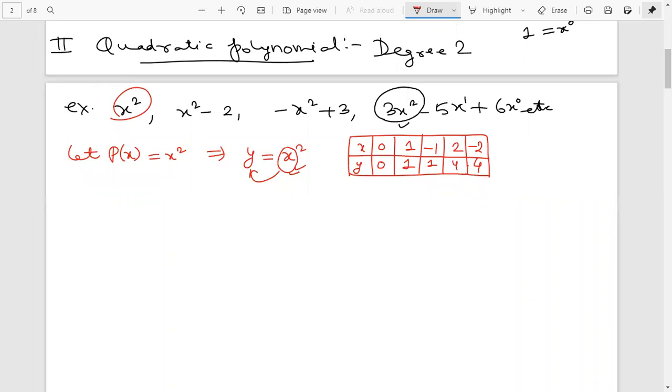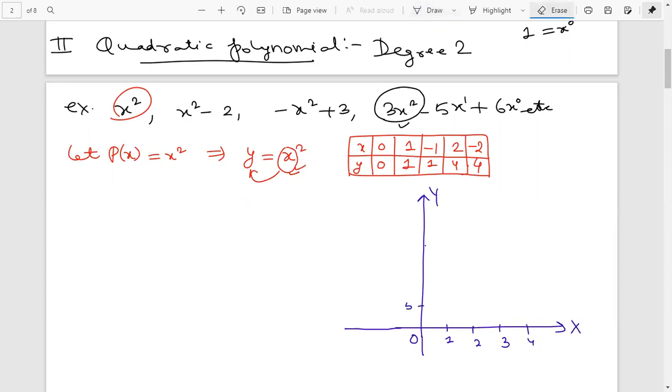See, now let us try to plot the graph, similarly to the previous case, on the graph paper. Actually, plotting the graph is required in our third chapter also, linear equation in two variables. So these concepts and this plotting of graph are very helpful in our next chapter also. First we'll take numbers, we'll write 1, 2, 3, 4, and plot numbers on this x and y axis. Then we can plot the points.